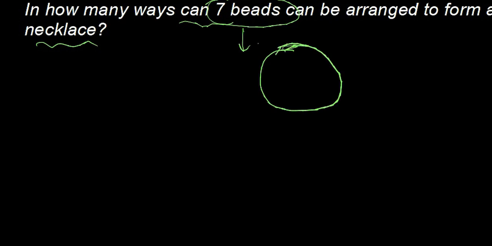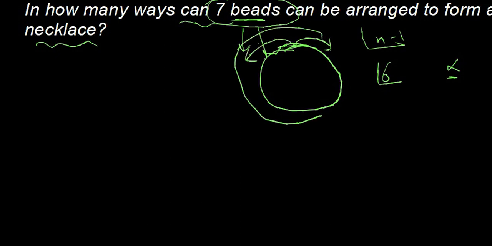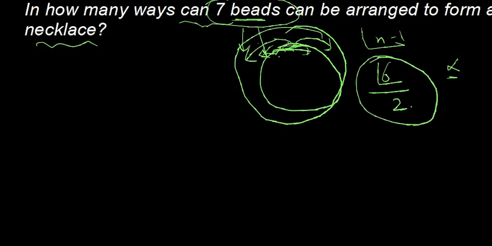So as I told you, it is factorial n-1. So obviously it looks like the answer should be factorial 6, but it is not factorial 6. Why? Because beads are of the same type. So you cannot distinguish whether it is anti-clockwise or clockwise. So it always looks the same, the cases are going to be same. So what we need to do, you have to just divide the number by 2, so that the clockwise और anti-clockwise जो आपने count किया है वो same ही case होगा, तो वहाँ से आपको इसको divide by 2 करना पड़ेगा। So what should be the final answer? Factorial 6 is 720 divided by 2, so your answer is going to be 360। Okay, next, come to the next problem।